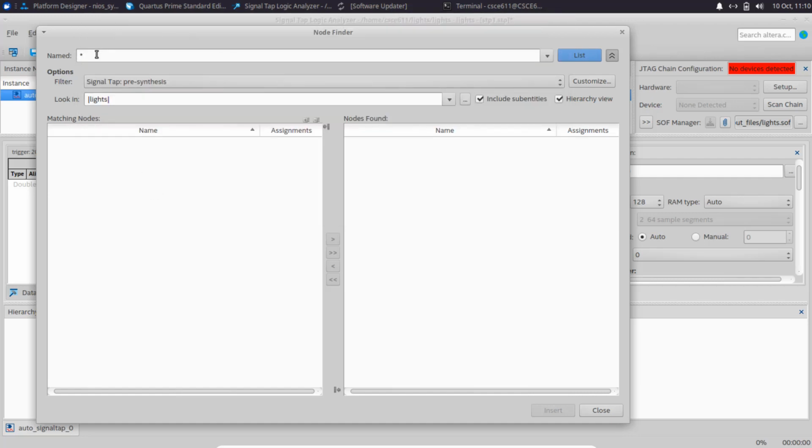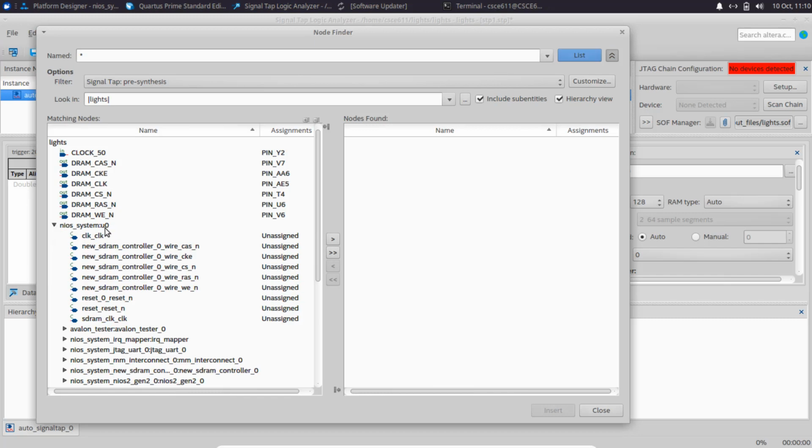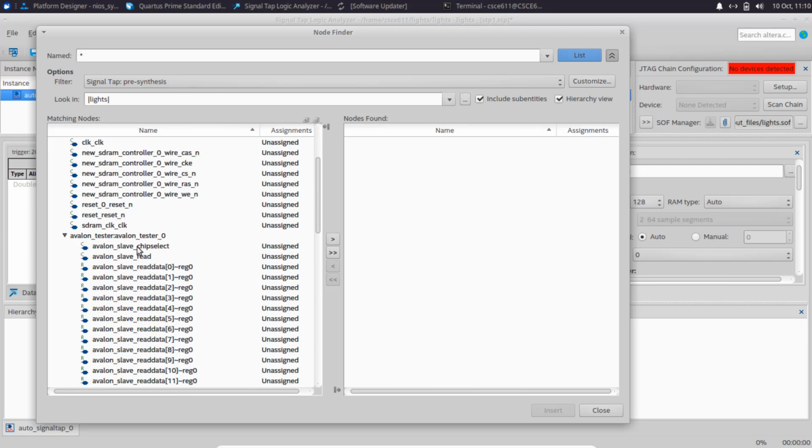So you see where it says name star there? You can just hit list. And it'll list all the signals in your design, but it does it hierarchically. So it's not too hard to find what you're looking for there. Okay, there we go. So if I drill down in the Nios system, which is U0, apparently I called it U0 inside of lights.sv, then you drill into Avalon tester. Now I'm inside Avalon tester and I can see all the things I've got in there. So I've got